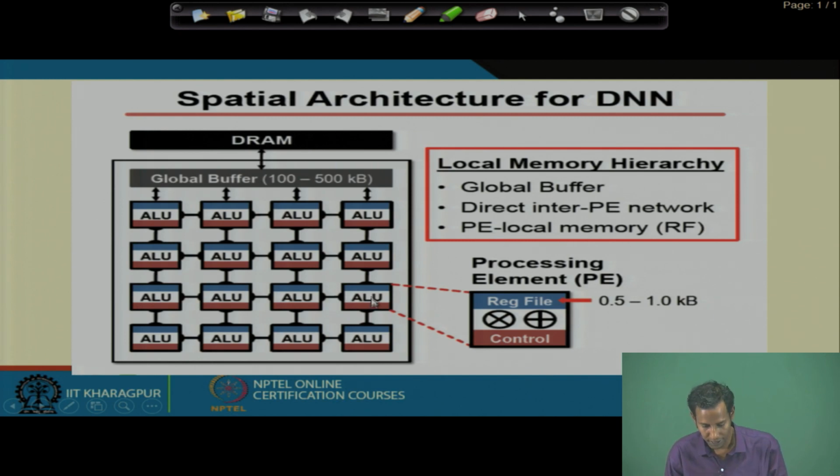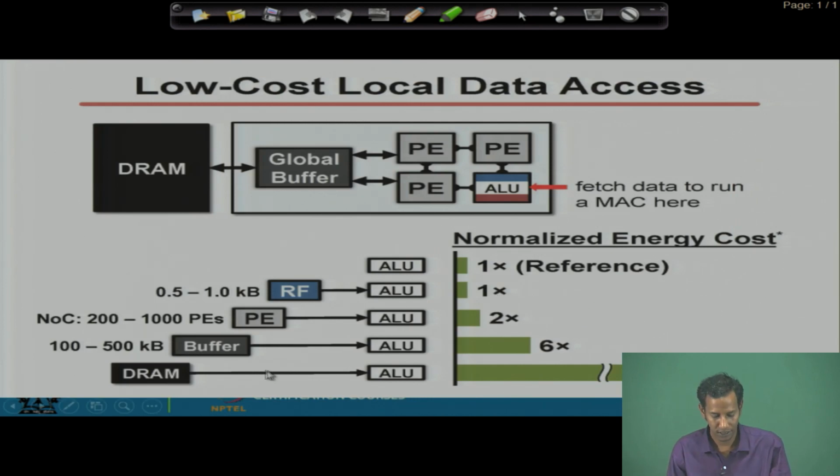The ALU inside will be something like this: there will be the corresponding operations, the control file, and along with it the register file, which will be 0.5 to 1 KB in size. So inside each of these ALUs you need memory for storing the intermediate values. If the ALU accesses the DRAM directly, the energy cost is 200x, whereas if we use the global buffer, which is 100 to